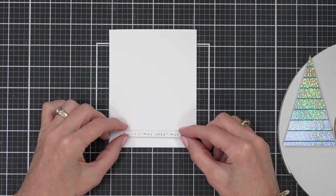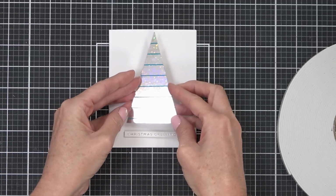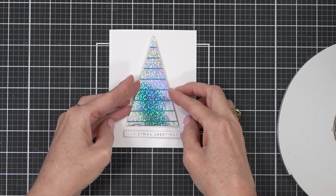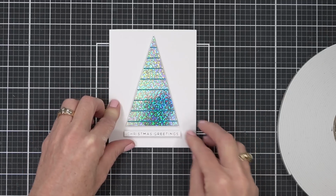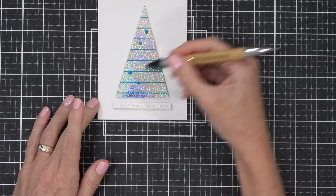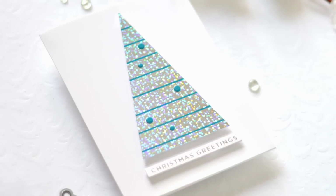It was hard to photograph these because it kept kind of looking gold, but I like the way that it picks up all the other colours, like the purples and the blues that are around it. These hot foils are such fun. I did die cut some little, I don't know, I suppose they're berries. They're from the Joyful Wreath that I'm going to use in a moment. And I just used some of that toner cardstock and die cut some and made them the baubles on the tree. I did think about putting silver, but you know,